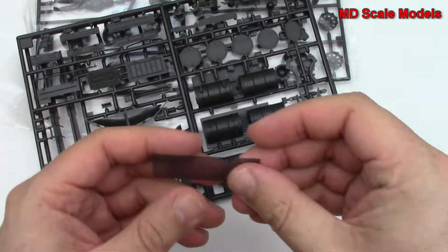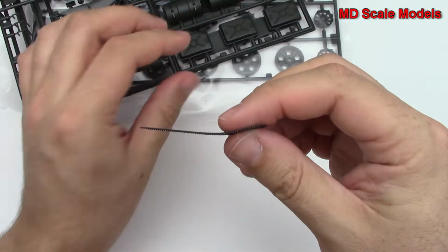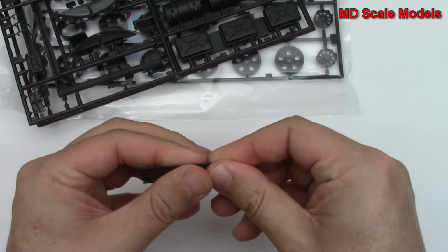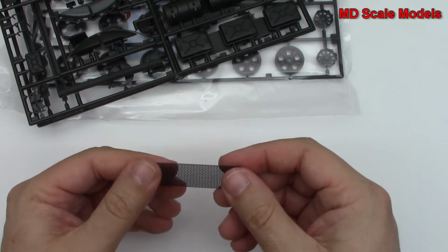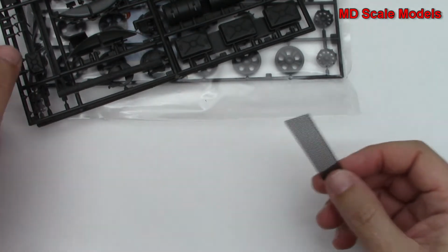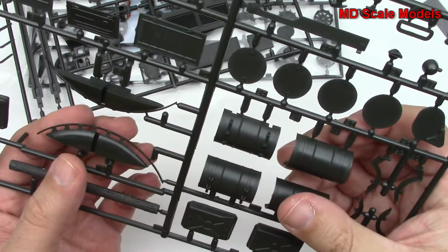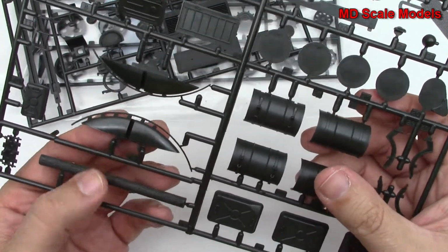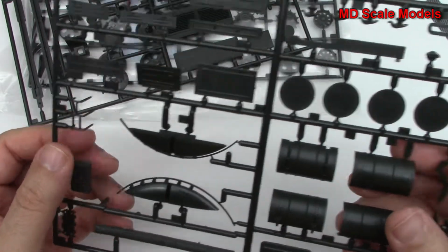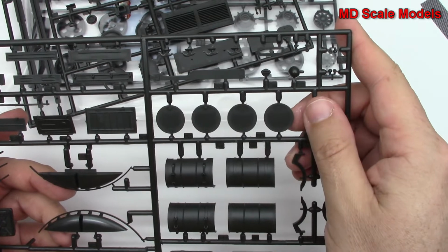Now they give us some mesh here. This is actually a wire mesh, so it takes the shape, and it'll be used on the back of the tank, the exhaust for the engines. Over here we've got some fuel drums and some parts here for the turret. We've got a log to carry around with them, some more fuel, and these are parts of